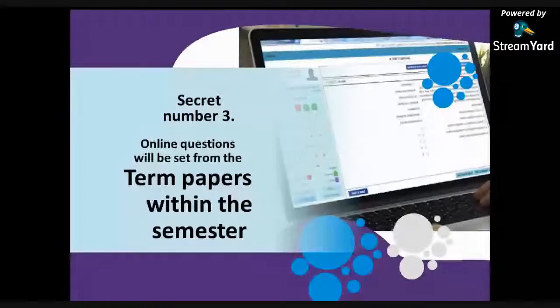Secret number three: the online questions will be set from the term papers within the semester. What are the term papers within the semester? All the ones we have received, the first week, the second week, or the third week. You may have one or two term papers. This term paper